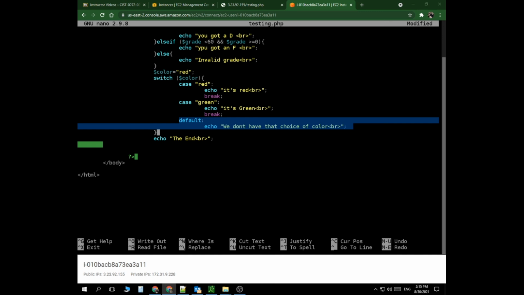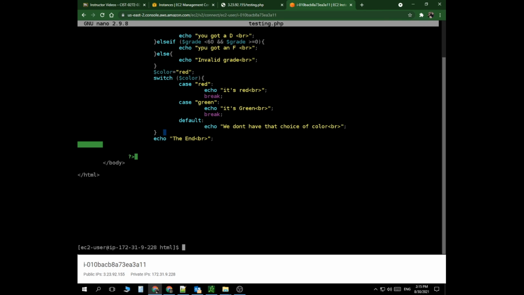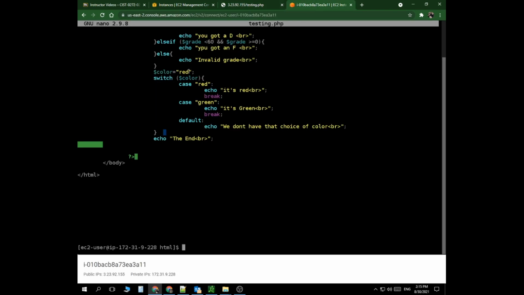I just want to let you know that you have to pay attention because it is case sensitive. So you have to make sure that you pay attention to that part. So let me just save this work. And since it's red, I'm going to be seeing red printed on the screen. So it's red. Now let me just go ahead and change this one